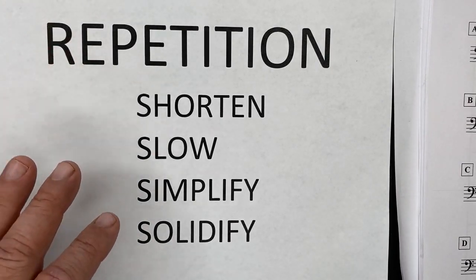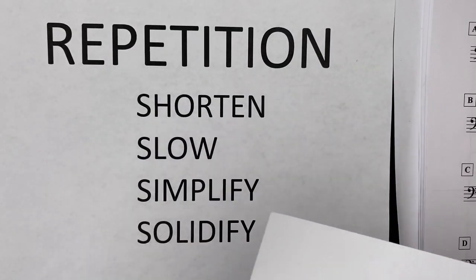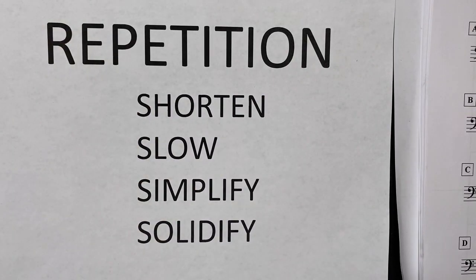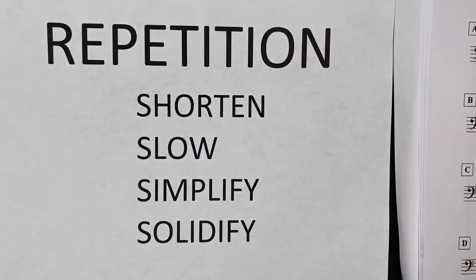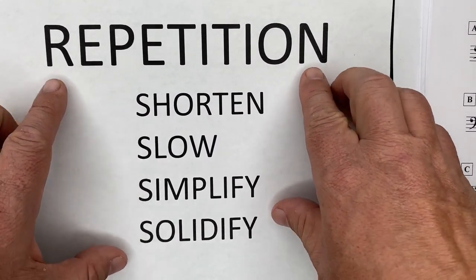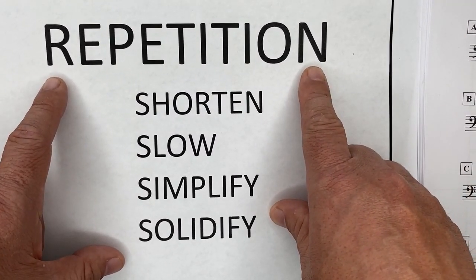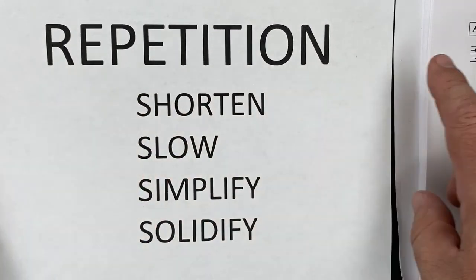Anyway, I want to take this all cows eat grass and do the worksheet and show you how this works. So this video is actually about how to learn music theory, and in fact, how to learn everything, although modes of things make slight differences. So we want to repeat, practice, right? Repetition. But to make it effective until we're practicing doing full things, right?